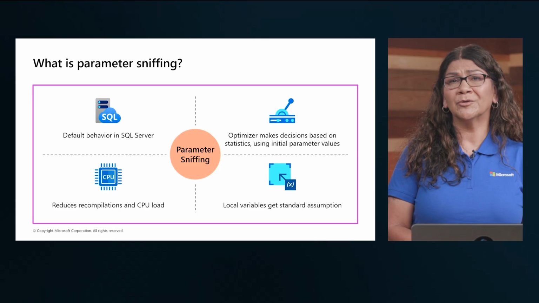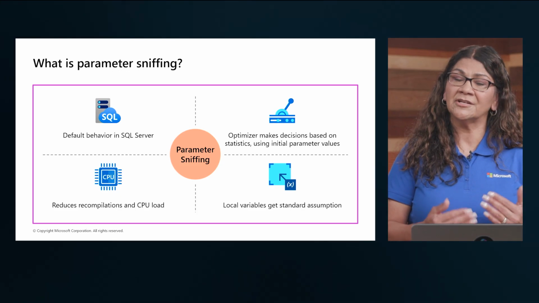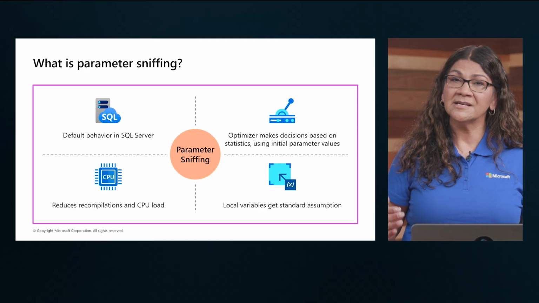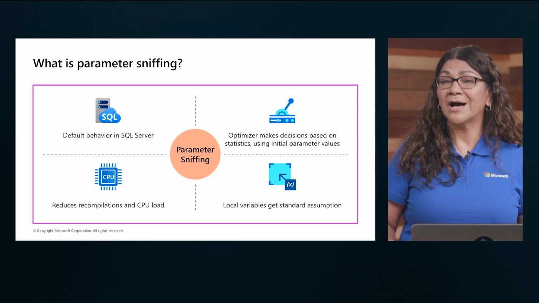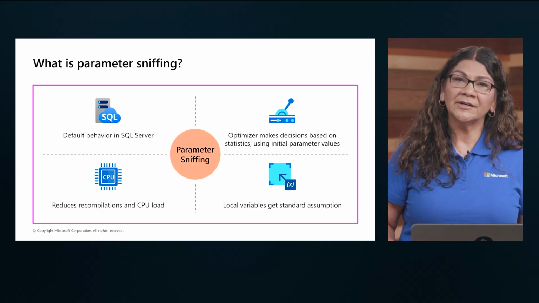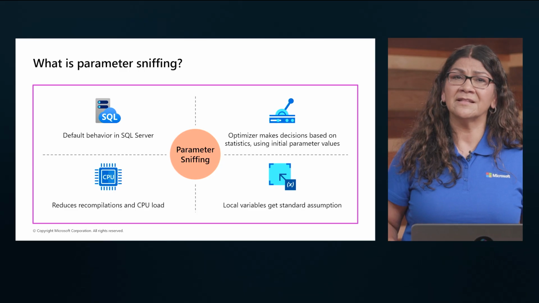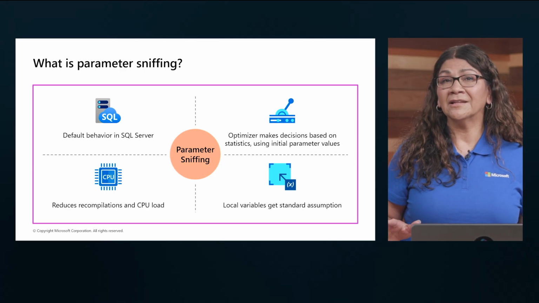However, if the initial parameter used in executing that query is not representative of typical query patterns, it may result in a suboptimal plan. Local variables, which receive standard assumptions, can sometimes mitigate these issues, but may not lead to